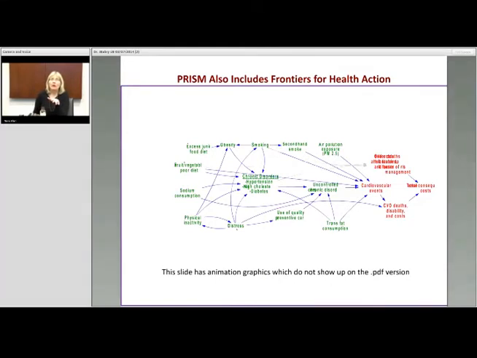So this slide helps you understand what system dynamics is. The first thing that's done is a collaboration between the modelers and the stakeholders. In this case, the local Travis County, Texas public health officials got together, and they mapped out what they thought was going on. What you see on the far right, in red, are the outcomes of interest: cardiovascular disease deaths, events, and costs. And then the proximal